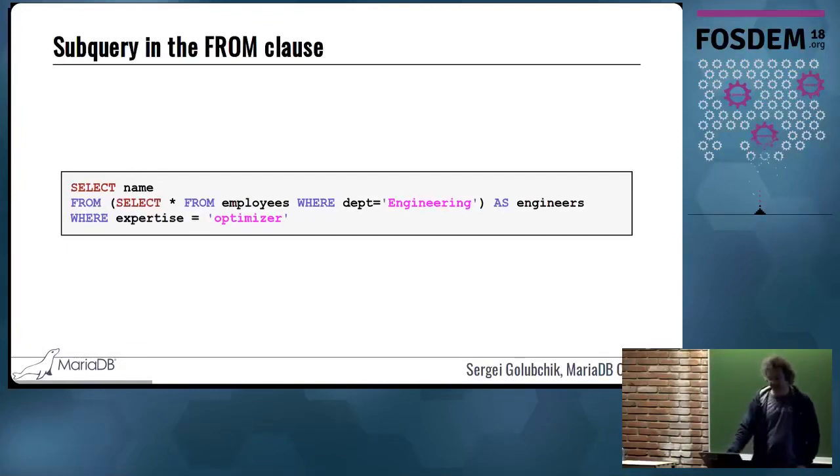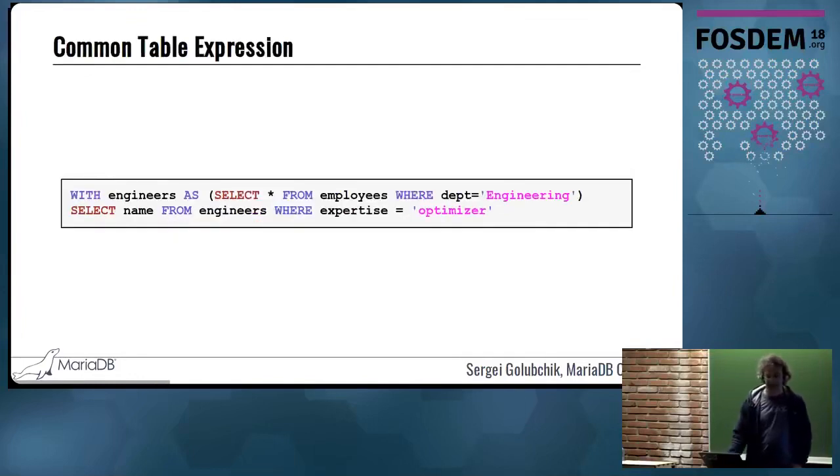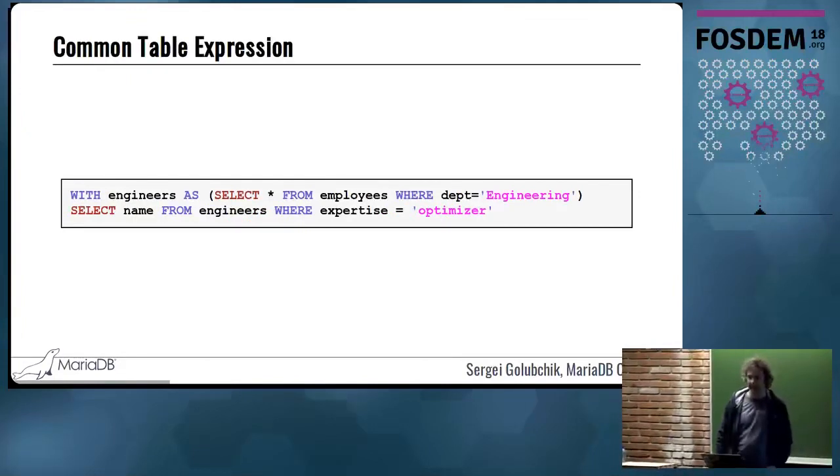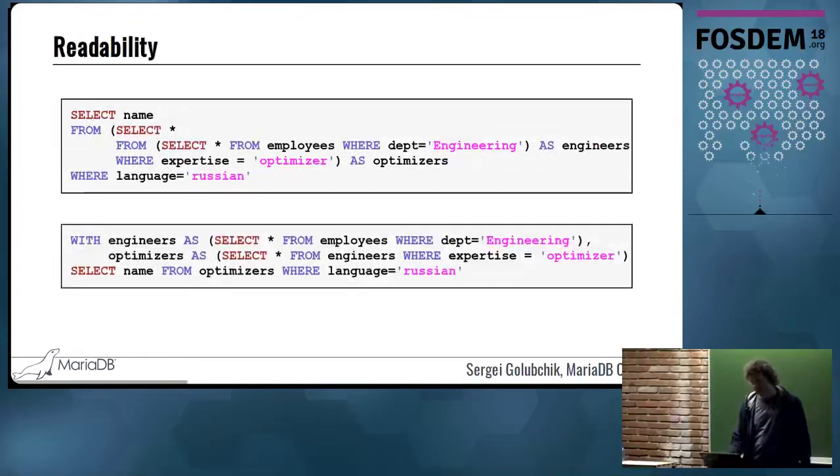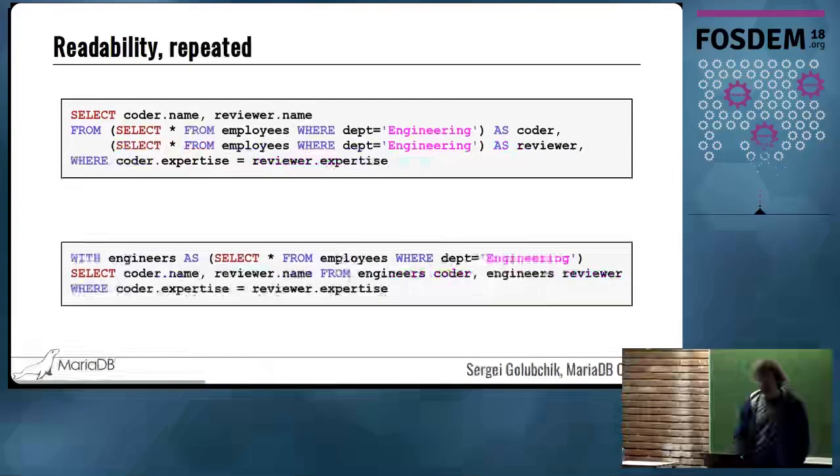Again, this existed in MySQL for quite a while, and common table expression can say pretty much the same thing, but in a slightly different syntax, where first you specify the subquery, give it a name, and then you select from it. So it's pretty much just a syntax sugar to do the same thing with different words. It does have benefits of better readability in some cases, particularly when you have nested subqueries and it's getting difficult to read. And in particular, when you need to self-join a subquery, then it's much better to use CTE, because